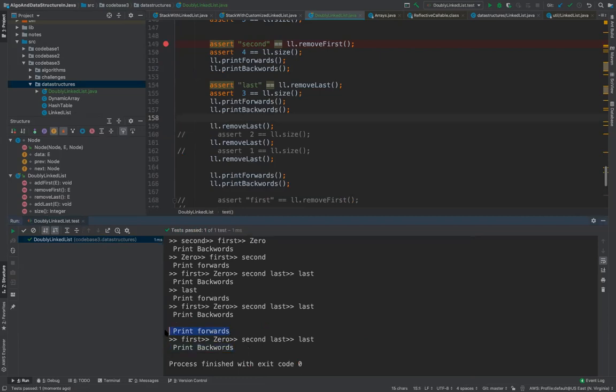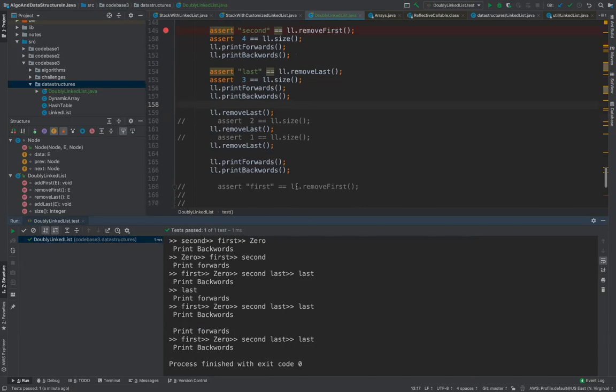Print forward is somehow printing three elements and print backward is not. So there could be some issue in print forward or in print backward. At the last, print forward is still printing these things. So there could be an issue with the print, or there could be an issue with the